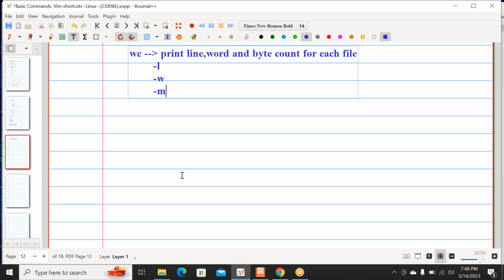Okay. So the next command is also related to files only. Let's take